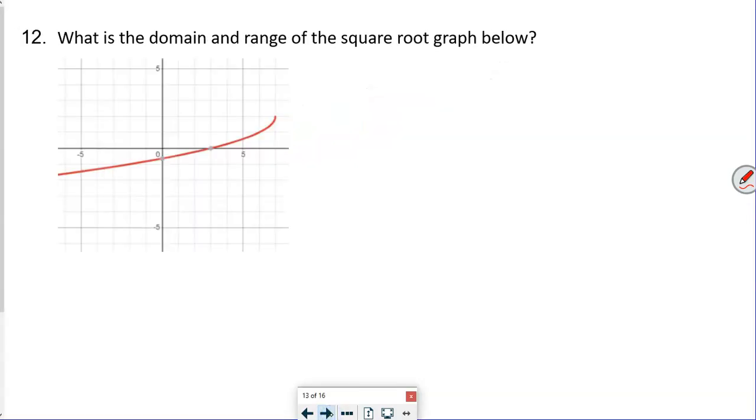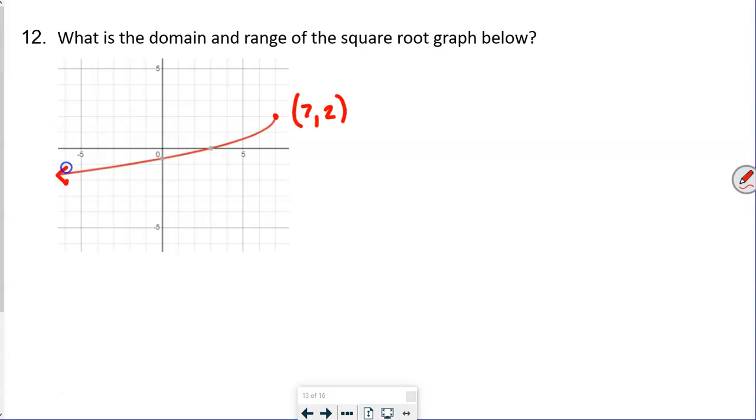This one says, what is the domain and range of the square root graph below? Well, the first thing I want you guys to realize is that arrow that goes over there. This was the starting point of the graph, and that's at 7, comma 2. And that's important for us to recognize because we're going to use that when we're talking about